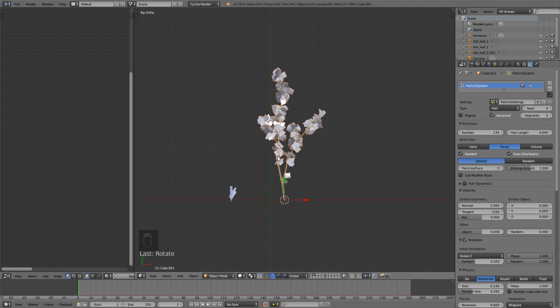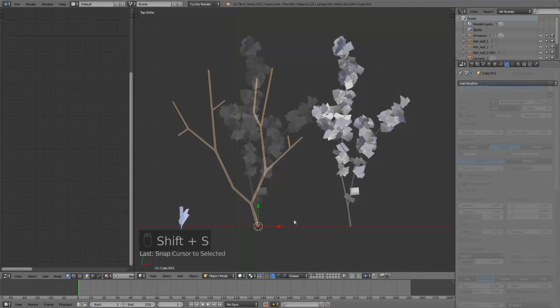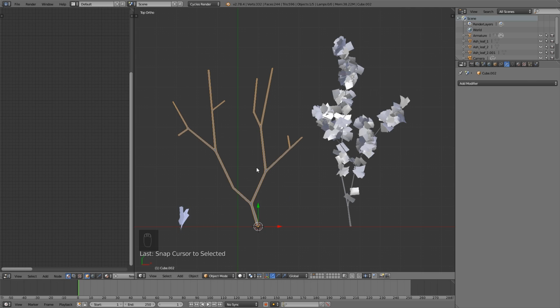Now, I'd encourage you to make at least one more of these branches to give it some more realism. I'll quickly do that off camera, but then I'll be back with you guys to start distributing these branches on our tree. Okay, so I created another branch real quick and applied the modifier, deleted some of the vertices like before,